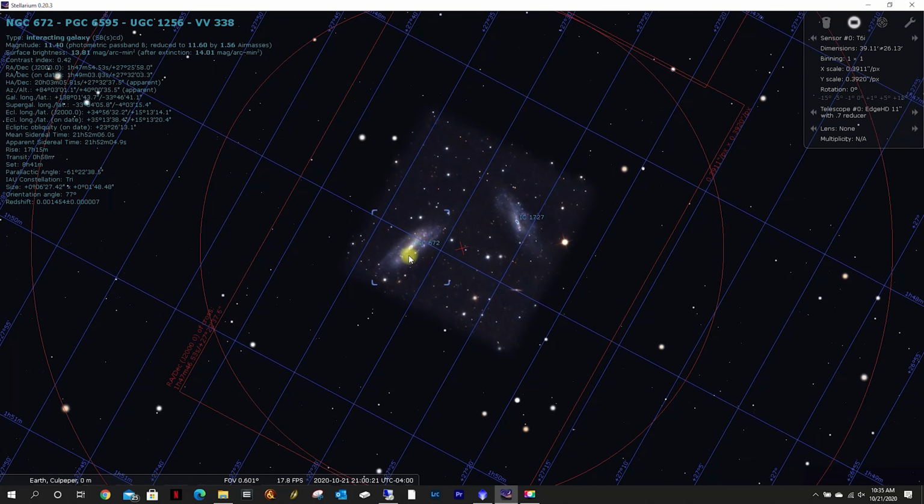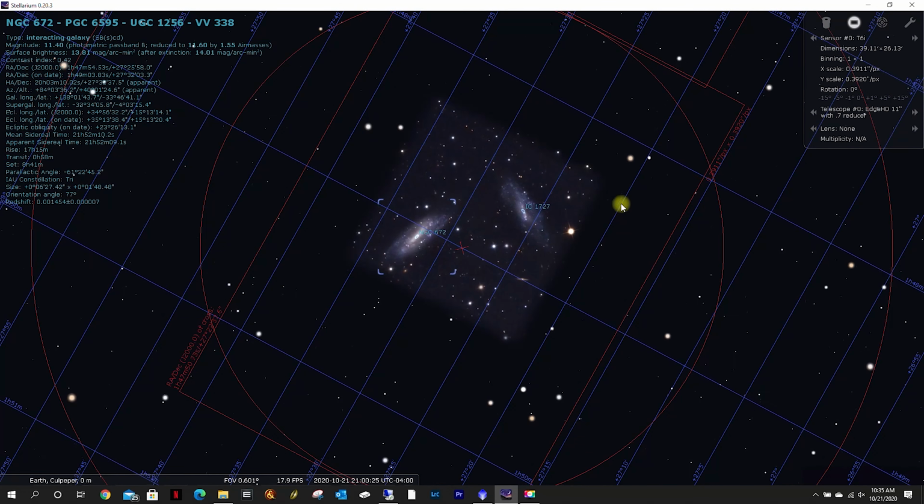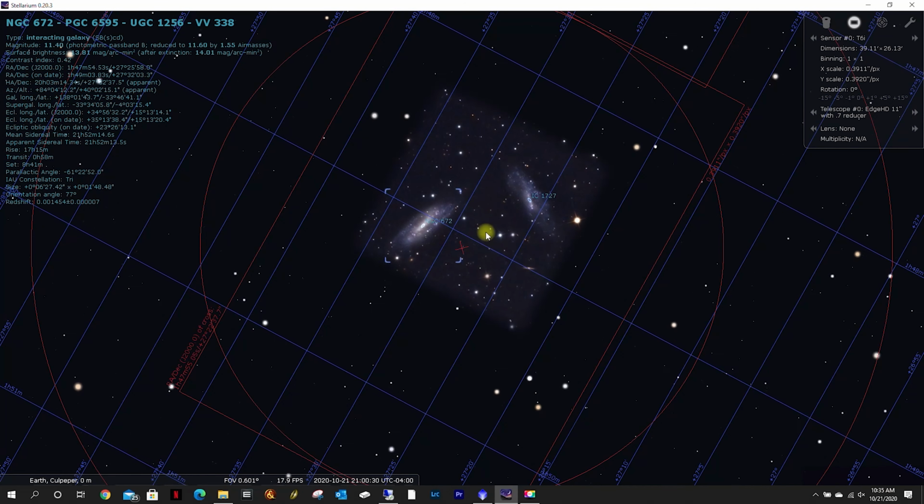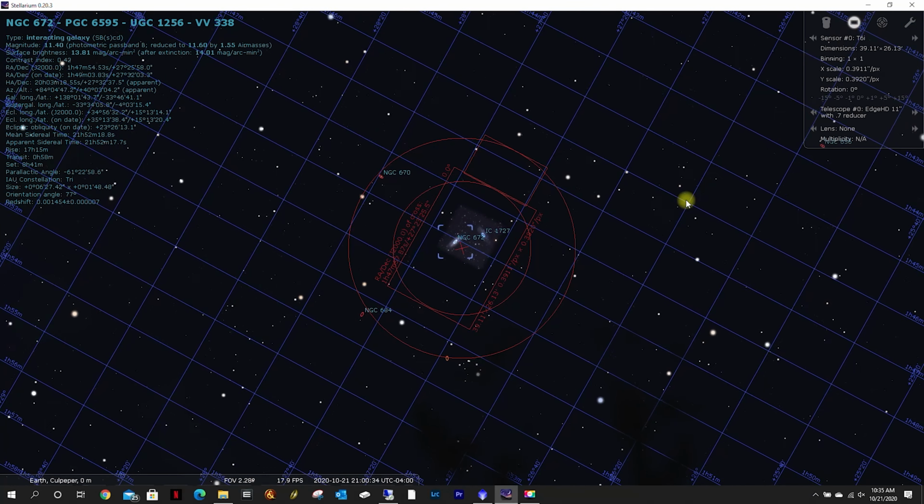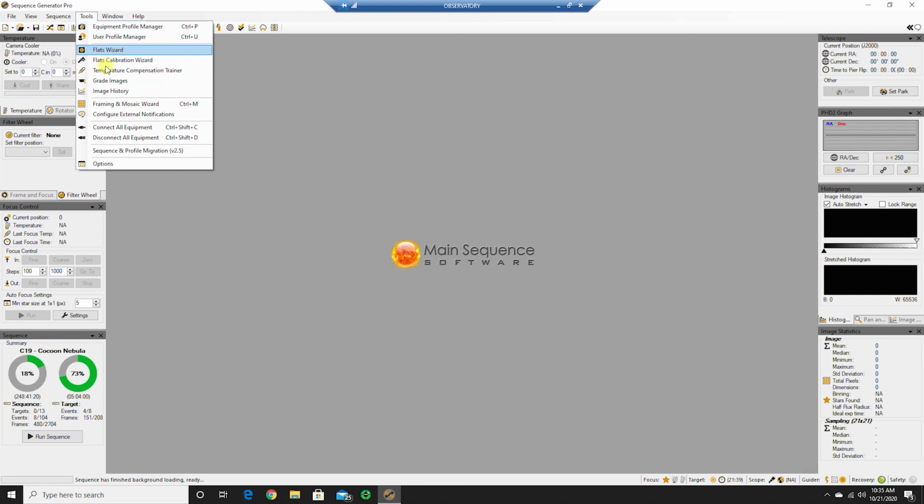And so let's go do the Framing and Mosaic wizard in SGP. Let's get this recentered first. So that's NGC 672. We're going to come over here, go up to Tools, Framing and Mosaic Wizard,